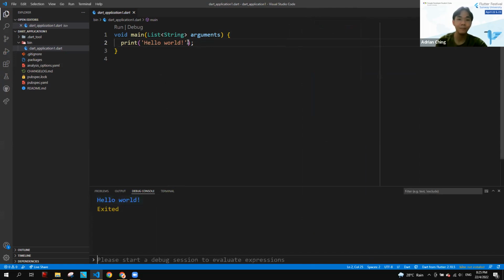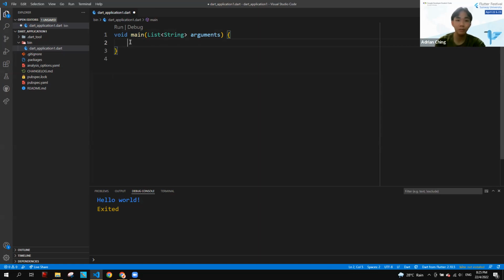Hello world. Now let me just explain what we are looking at first. This is the main function of a Dart or Flutter app. Every Dart or Flutter app has to have this main function over here. I'll cover what a function is later on, but just know that this is a scope. Everything inside of the curly braces here is one scope.